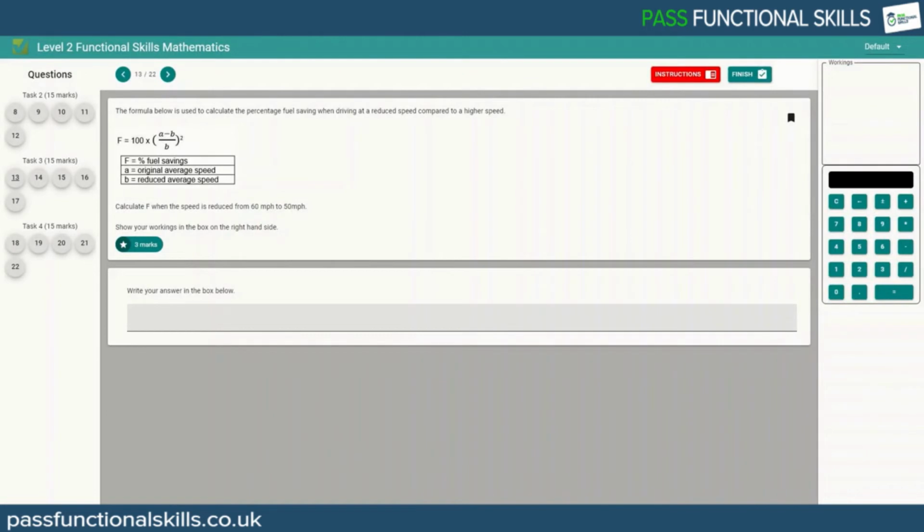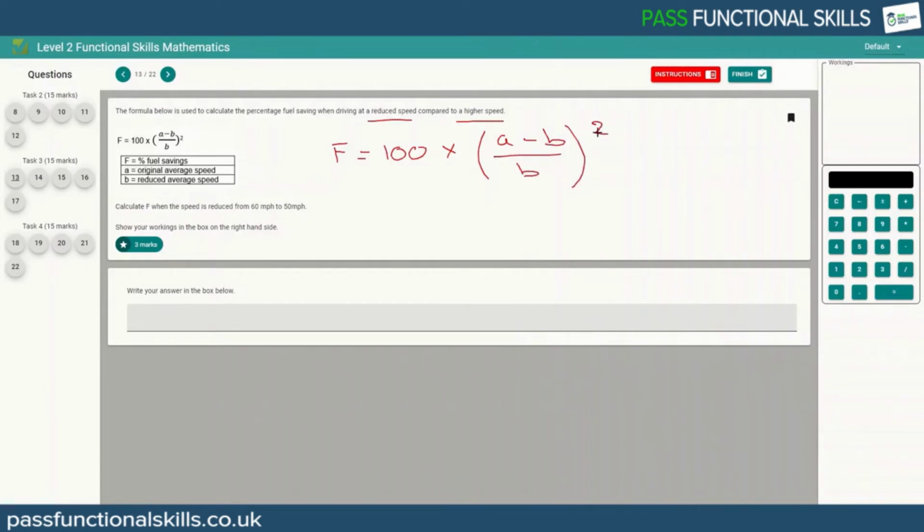Looking at question 13 now, we are told the formula below is used to calculate the percentage fuel saving when driving at a slower speed compared to a higher speed. So we're given the formula, we'll just rewrite it out again so we know what's happening with it. So it's 100 times A, which we're told is the original average speed, or the higher value speed, minus the reduced speed, B, all over the reduced speed, B, and that